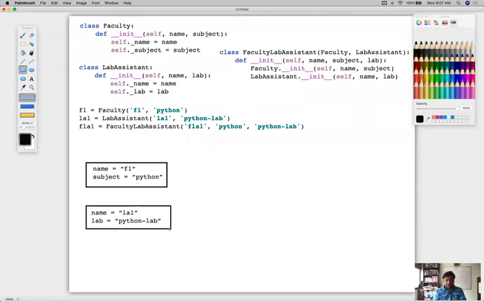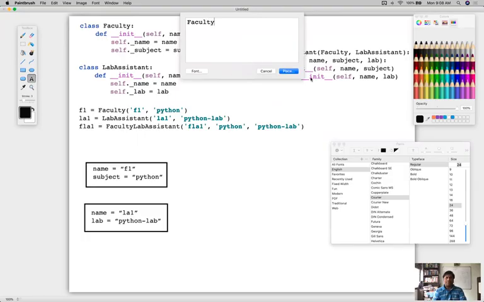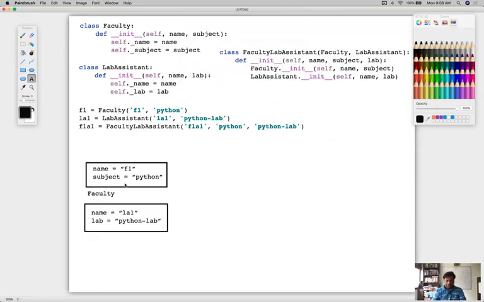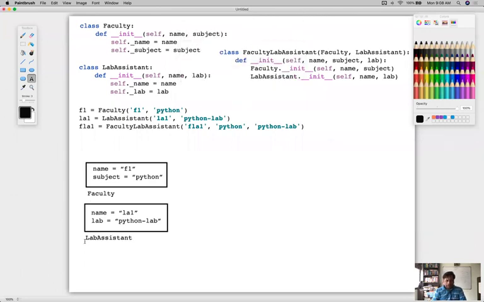So that's another class which is of type lab assistant. This is a lab assistant class, and that is a kind of the faculty class. So let me just show that this is a kind of faculty, and this is a kind of lab assistant. So please see to it that you are getting it, and if you're having any problem, ask me immediately. Okay, so now you know that there is a class faculty, there is a class lab assistant, and